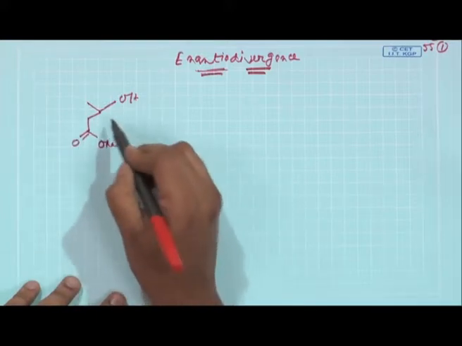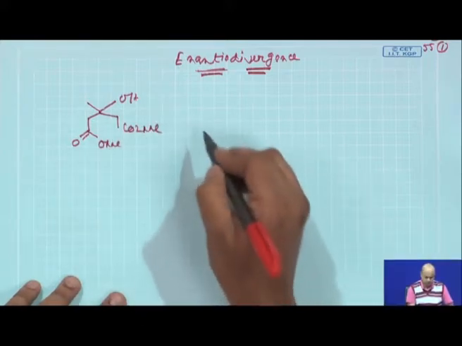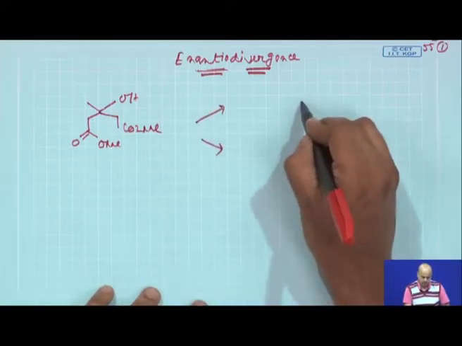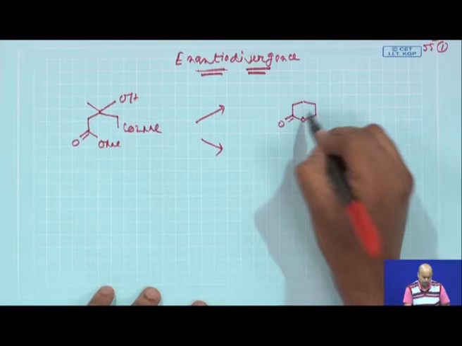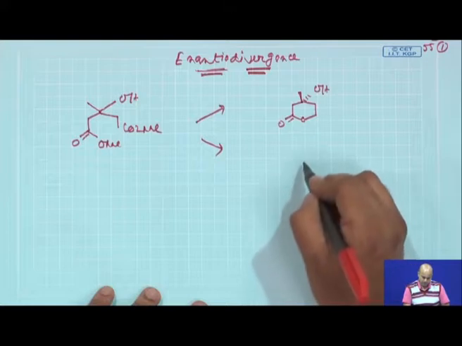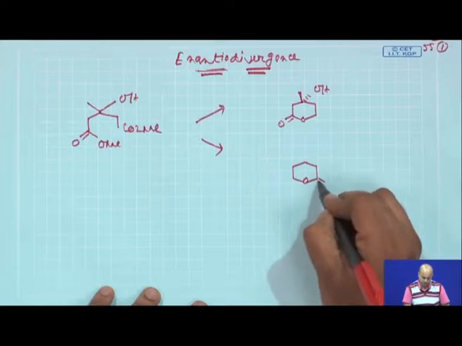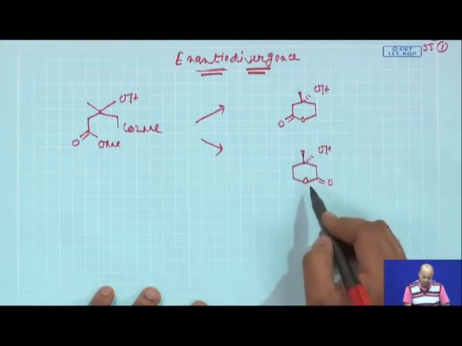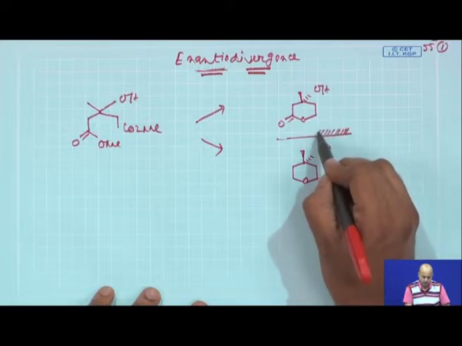Now, normally we will try to give you a similar kind of problem in our next assignment, and here we will give you a compound which is this compound. You have to convert this compound to both the enantiomers of this product, which is basically nothing but a six-membered lactone. If you see, these compounds are mirror image isomers, or enantiomers.